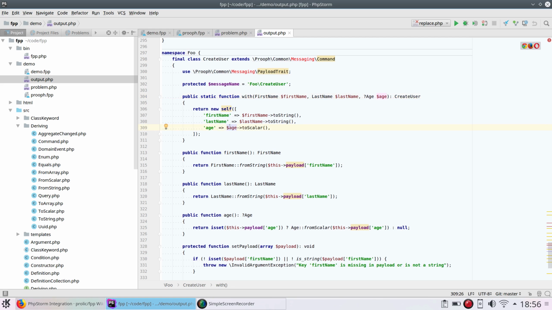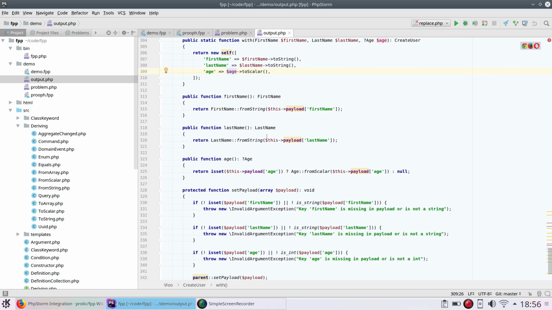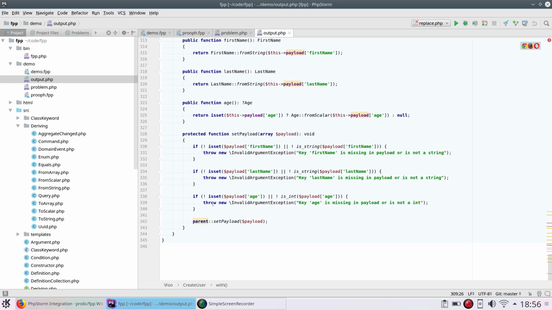So there are some small bugs in it because this is really brand new and not that stable yet. But if you run into any issues, just let me know, create an issue on GitHub, and I will try to take care of it as soon as possible. But this is working already. When we want to access age, it checks if the payload is set and then creates the age from Scala, or it returns null. Yeah, so this is already pretty cool,